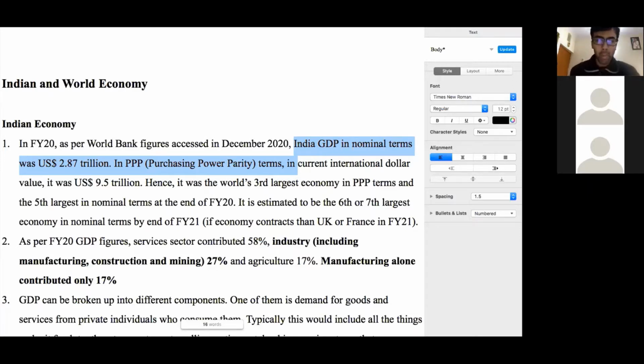So we just have to remember some rough, as close to accurate estimates as possible, but we cannot ever have very accurate estimates. And for your purpose of preparing for your WATs and for your interviews, it is not required either. Now we come to something else, which is called purchasing power parity, PPP.